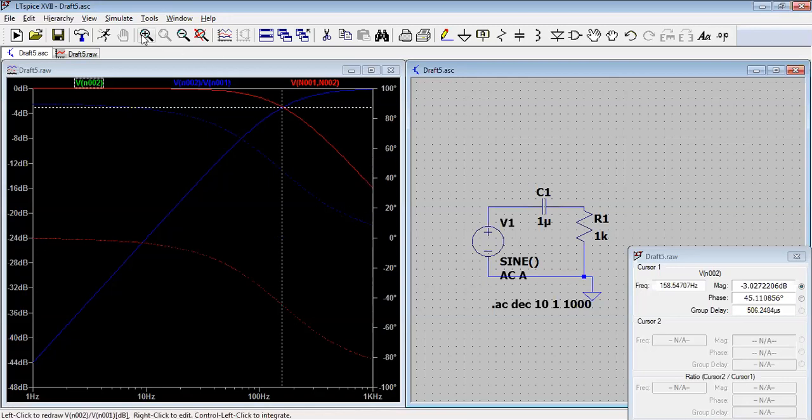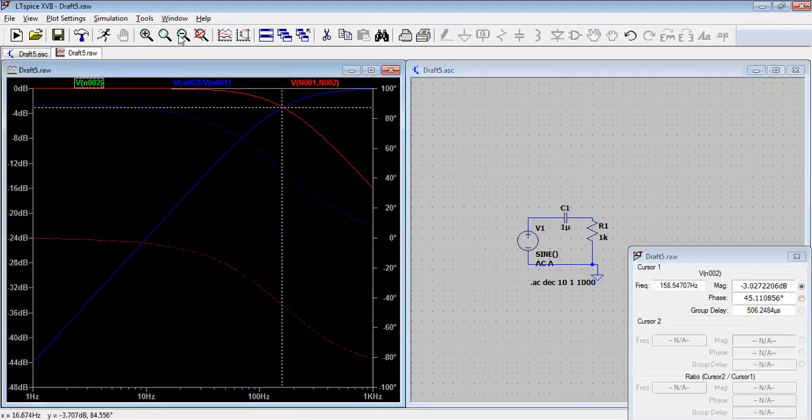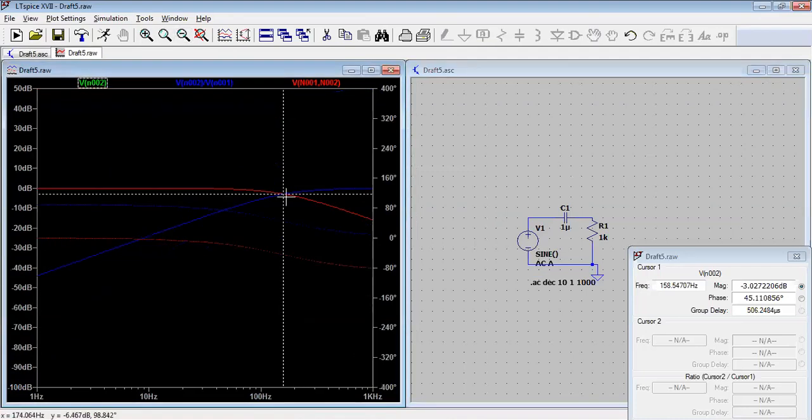Okay, am I correct? So let me reduce this particular part. So here you are able to see, this is the low pass filter, and this is the high pass filter. The same circuit can act as a low pass filter as well as a high pass filter.